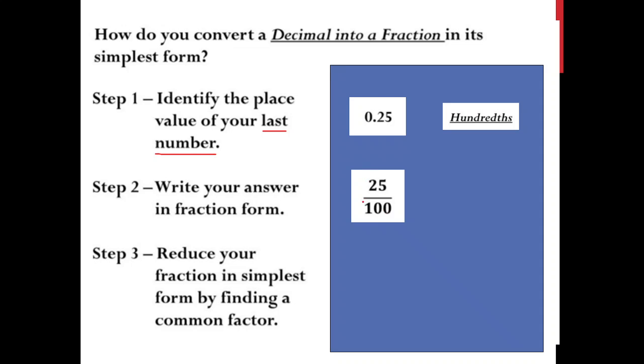Now, how do we simplify fraction? So let's start by dividing both sides by 2. Can we divide 25 by 2? No, because the only number that can be divided by 2 is if that number ends with an even number, right? But since 25 and 100 can be divided by 5, so let's go ahead and divide